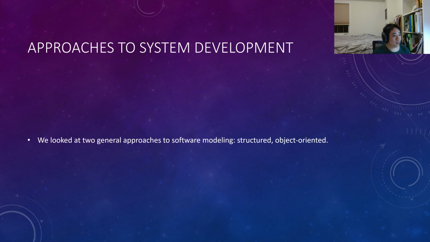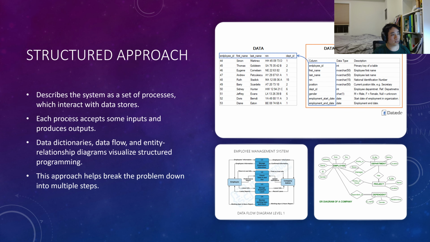Okay. There are different approaches to system development, or rather, this is software modeling. There's the structured and object-oriented. For the structured approach, we think of a system as a set of processes. It sounds pretty natural in one way, but